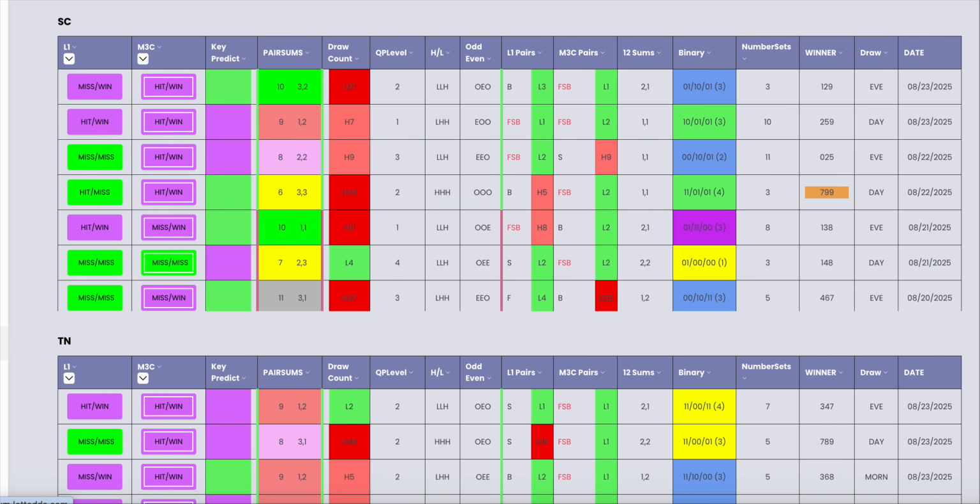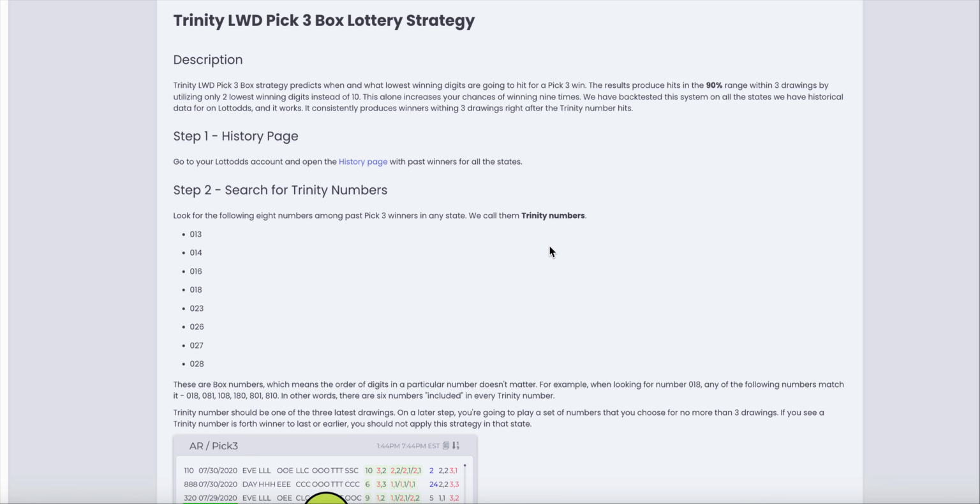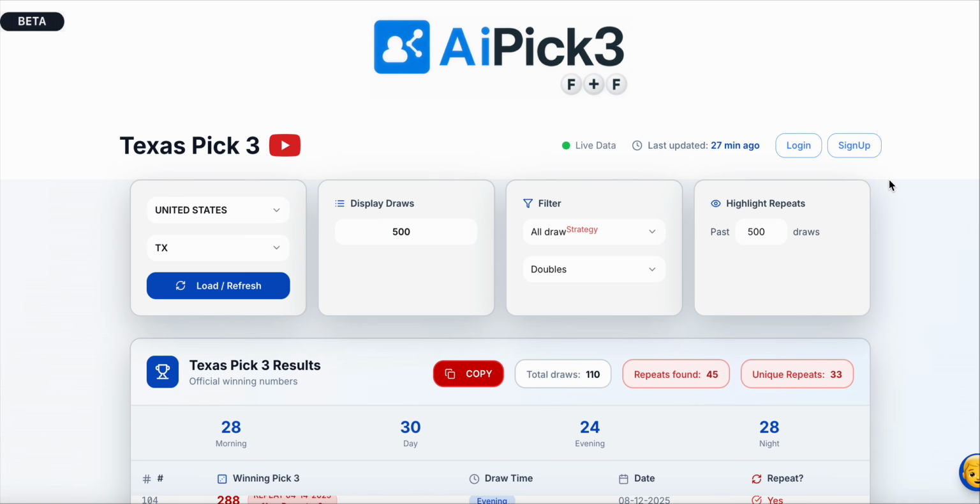Hold on, let me go to the strategy page. Yeah, the Trinity. So what I want to start doing is create pages for you where you can easily implement these strategies and have AI help you implement them.